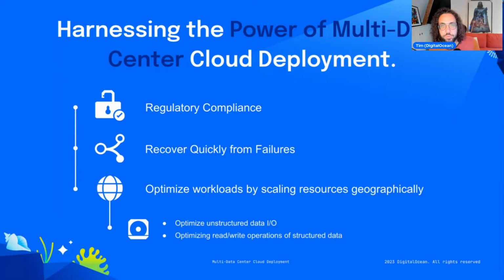Another way of optimization is your read-write operations for structured data. So talk about databases and so on. If you have a centralized application that is distributed across various edge nodes, you can write to one central master database, and that makes it a lot faster. And then have that database scaled in read-only, geographically distributed data centers. So the latency to write would still be the same, but to read might be